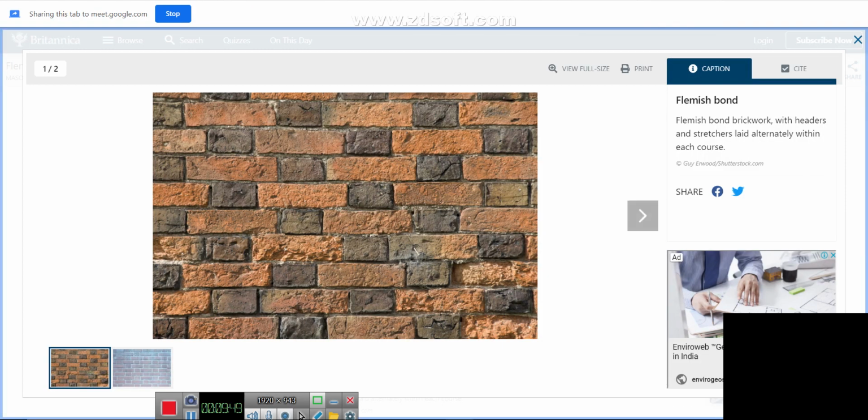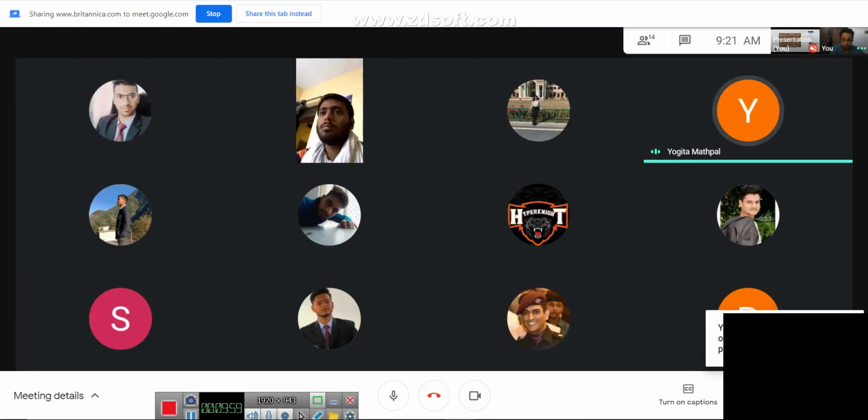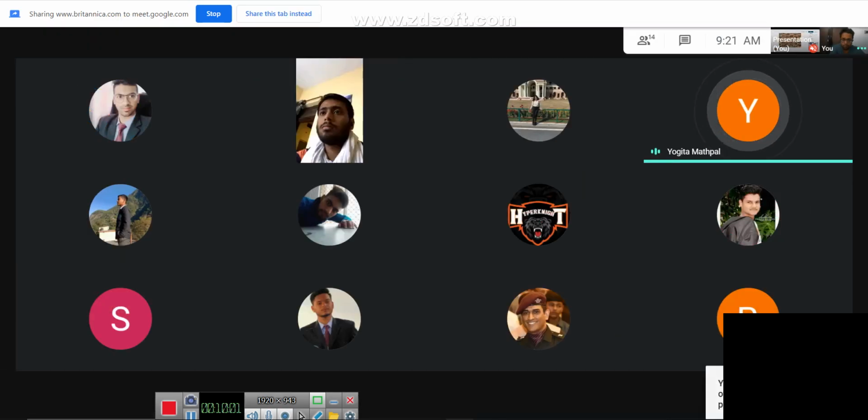How are you making a bond? You will take a brick, you will place the brick. Over the brick, you will be preparing a layer of mortar. Only mortar is there. What do you mean by mortar? The mixture of cement and so on. Cement, fine aggregate and water will be mixed together in a proportion. And that will be the mortar.